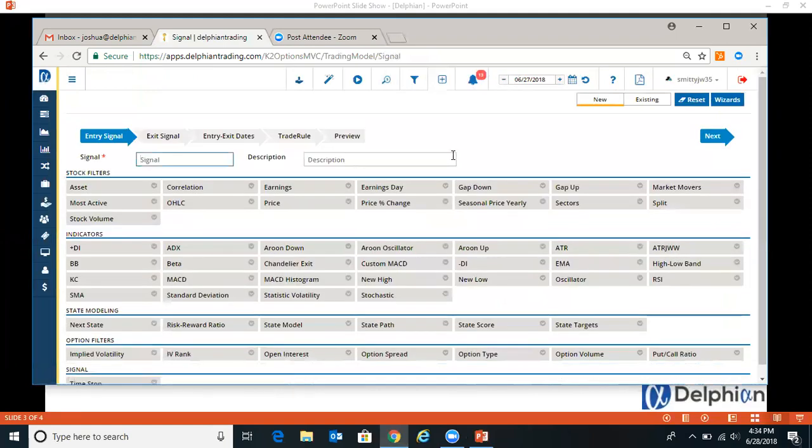So this one has 5 steps, whereas most of the other ones have 3. So we have to create the signals for when we enter the trade and when we exit the trade. And then that will create our data set for entry exit dates, and then we create our trade rules, and then we submit it. So what we'll do